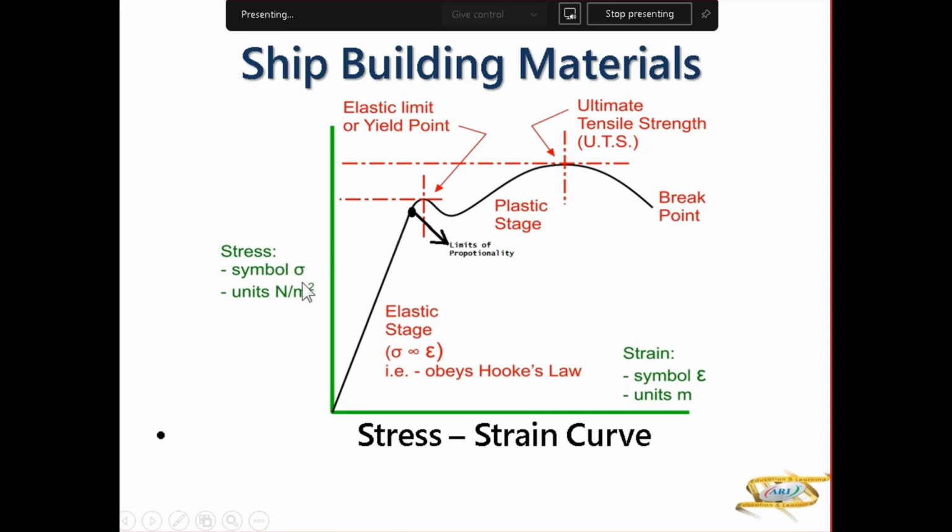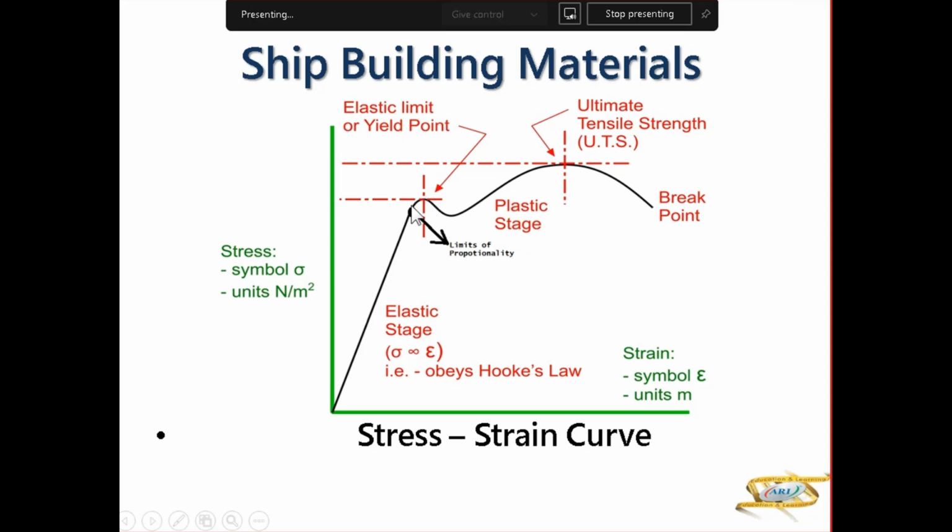Stress is sigma, in Newton per meter square. Strain is without dimension. There's no unit here. There may be a unit written, but strain will not have a unit because strain is the change in length divided by the original length. So that will have no dimensions. That's the limit of proportionality, where Hooke's law is being obeyed. After that, till this point, where your yield point or elastic limit is,